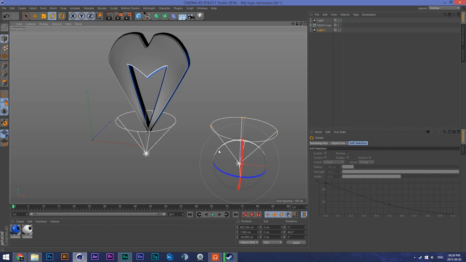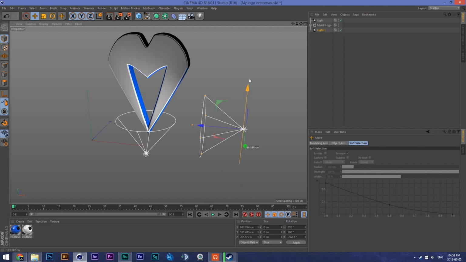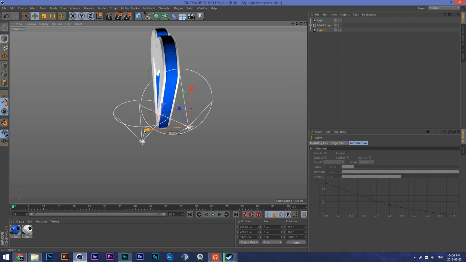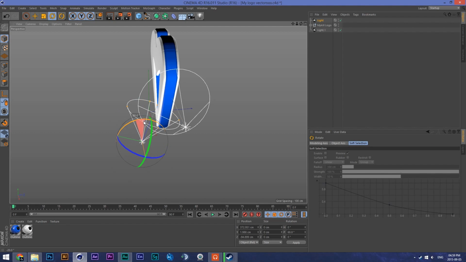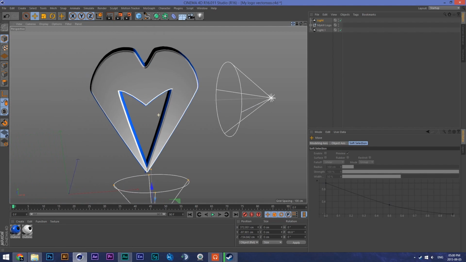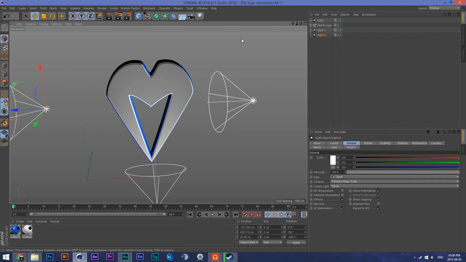Holding down shift to keep these. What you want to do is rotate and hold down shift, and it'll skip in angles of 10 if you want perfect angles like that. I'm just gonna move it to the side so you can have some shadows all around the logo. And then I also want that to be a bit angled as well, maybe 10, 30, something like that. I'll just move it away, something like that, yeah. And then for this left one, we'll just duplicate, move it to that side,